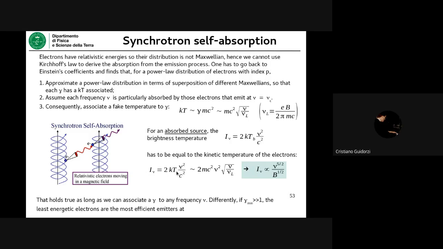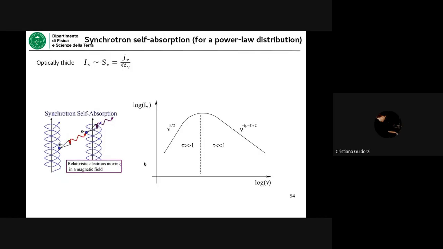So kT no longer depends on gamma or nu, but just depends on nu of the least energetic electrons. So in this case, there is no extra scaling with nu, and I would just scale with nu squared. So it depends on the range of frequencies. But the point here now is, since we calculated I, the specific intensity, in the optically thick regime,